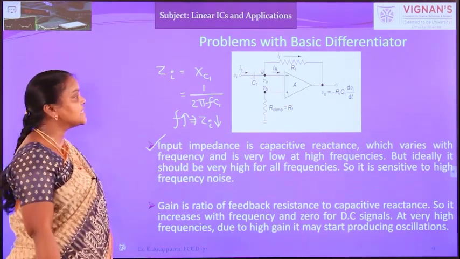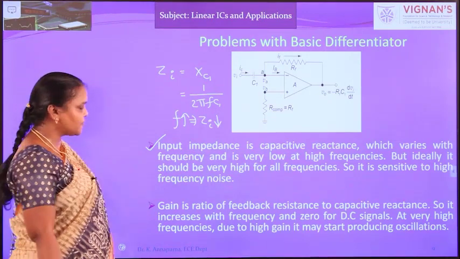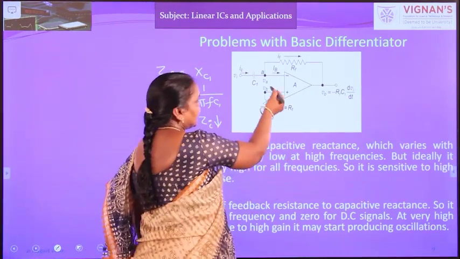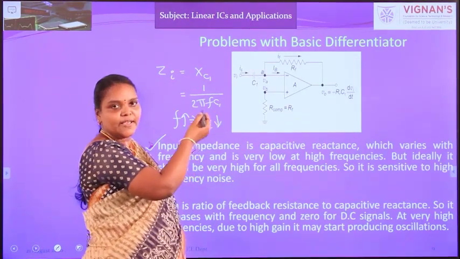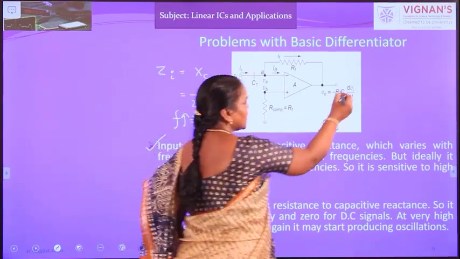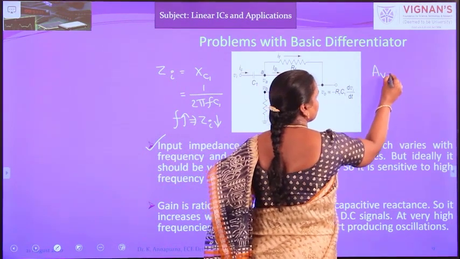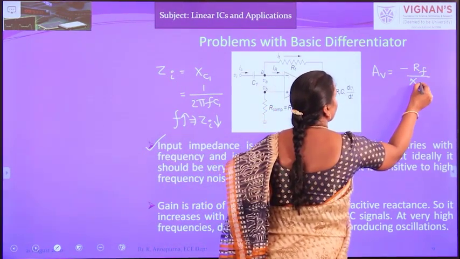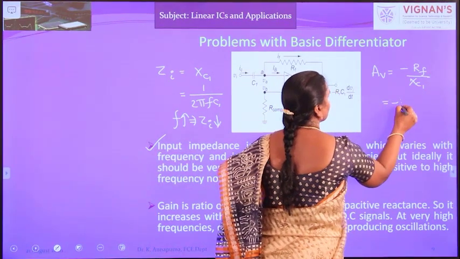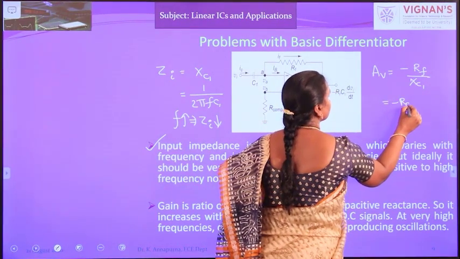And the second problem is gain. So what is the gain of this configuration? It is operating in inverting configuration, so feedback impedance by input impedance. So here the gain is minus Rf by XC1. So minus Rf into